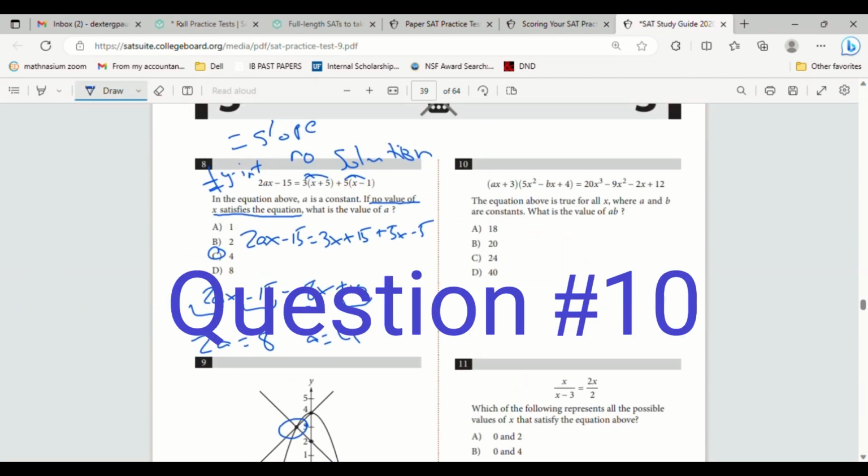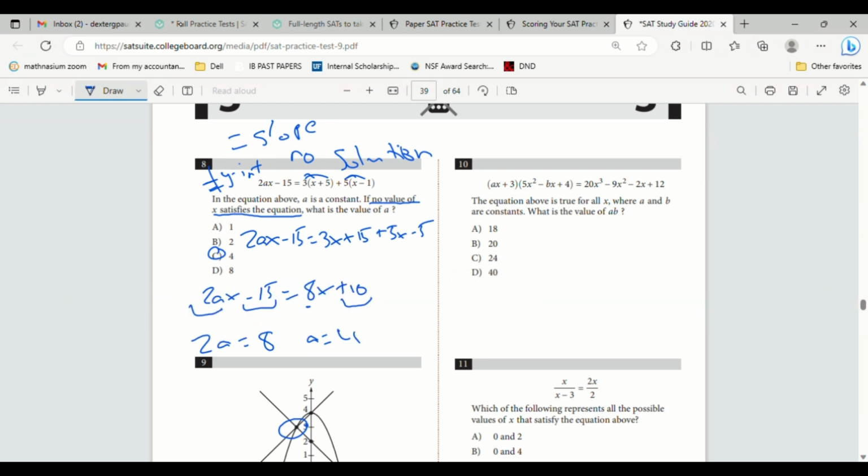The equation above is true for all x, where a and b are constants. What is the value of ab? So we have to distribute on the left-hand side of the equation. So we're going to first distribute the ax to the 5x squared, negative bx, and the 4, which gives us 5ax cubed minus abx squared plus 4ax. And then we can distribute this 3 to the 5x squared, negative bx, and the 4, which gives us